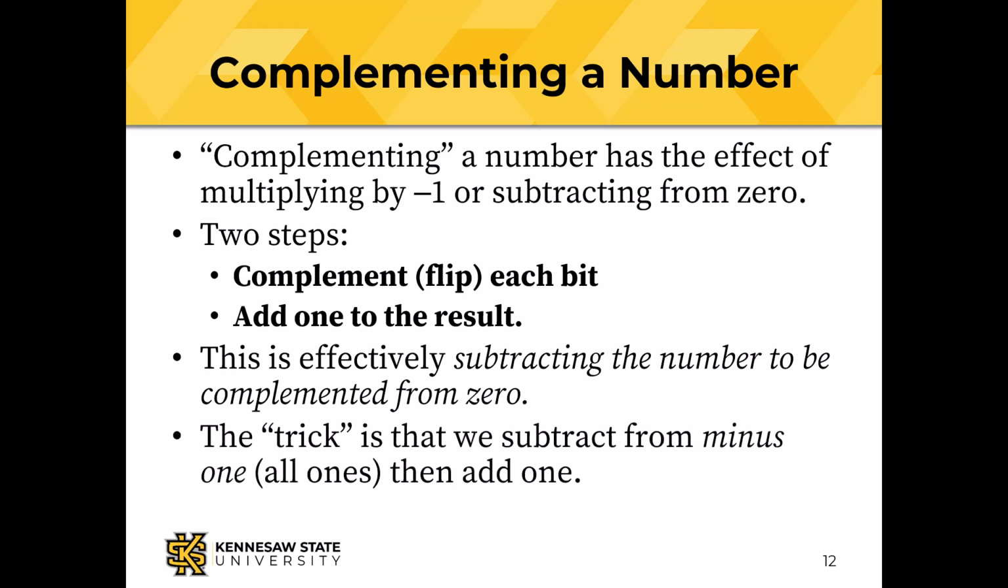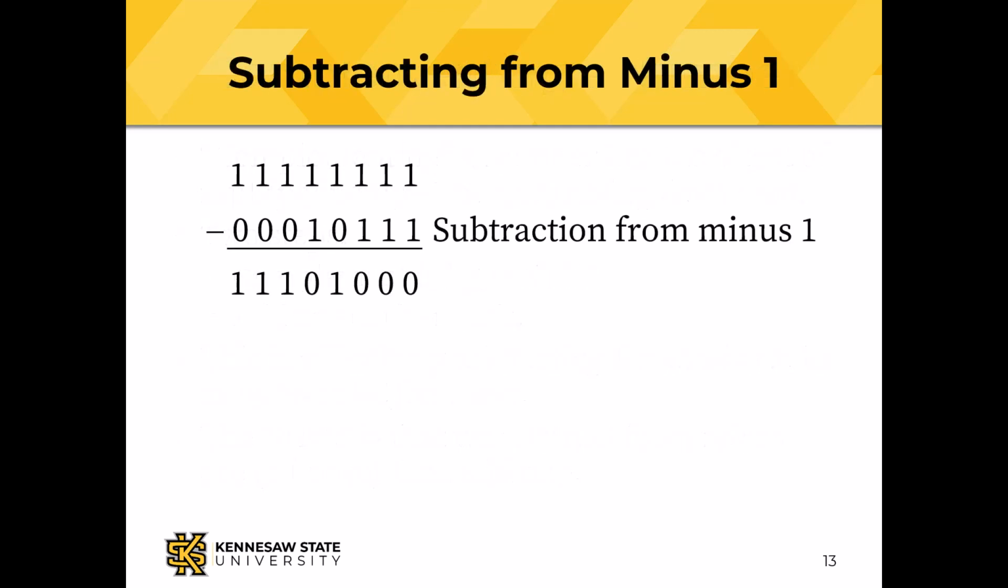This is effectively subtracting the number to be complemented from 0. The trick is that we're going to subtract from minus 1, that is all 1s, and then add 1 to it to effectively subtract from 0. So let's look at subtracting from minus 1. Remember, all 1s is a minus 1 in 2's complement. If I subtract our old friend 10111, and I represent it with 8 bits, 00010111, and subtract from minus 1, I get